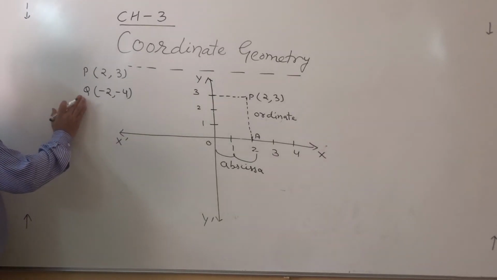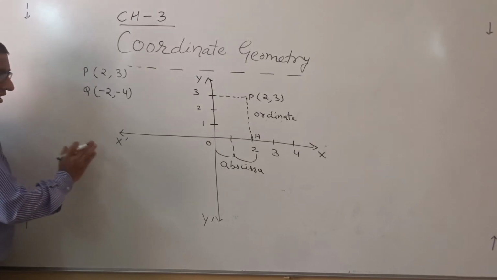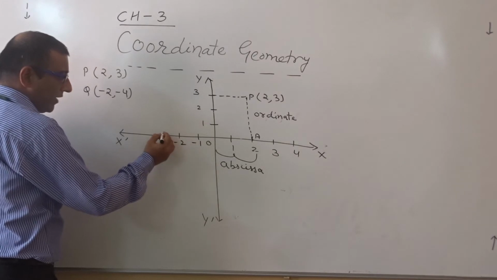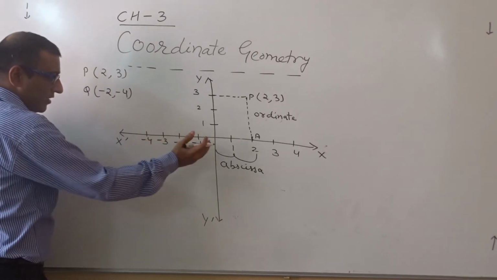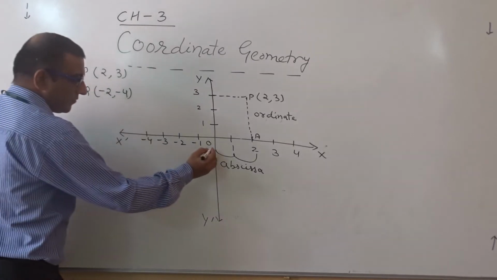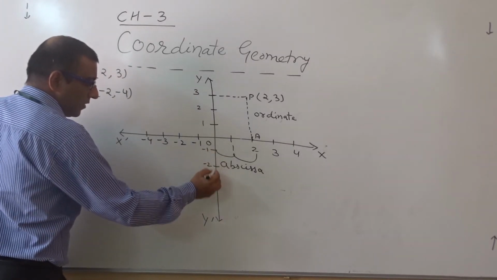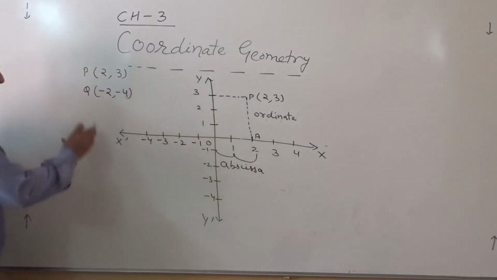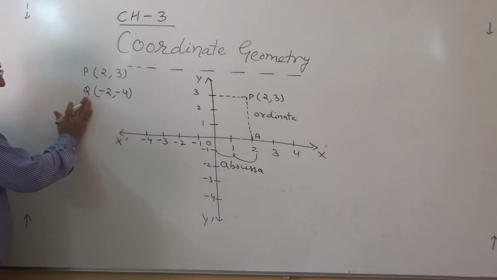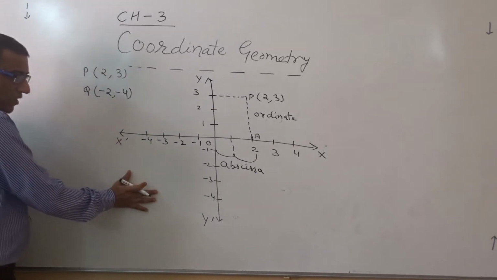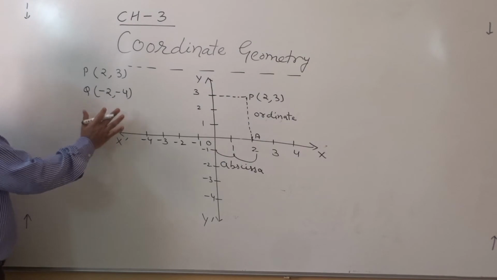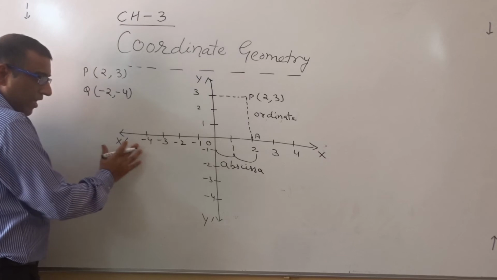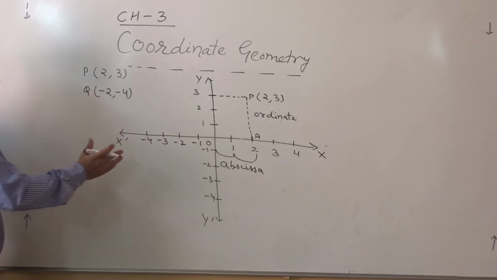So if someone says to you, how can you denote this point Q on this Cartesian plane? So again we will take intervals -1, -2, -3, -4. It is related with the negative x-axis, and these numbers are related with the negative y-axis. Now we have to denote this point Q. So definitely this point Q will lie in the third quadrant because both the values of x and y are negative, and x and y are both negative only in the third quadrant.